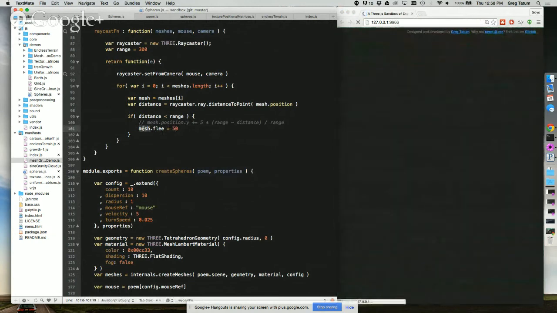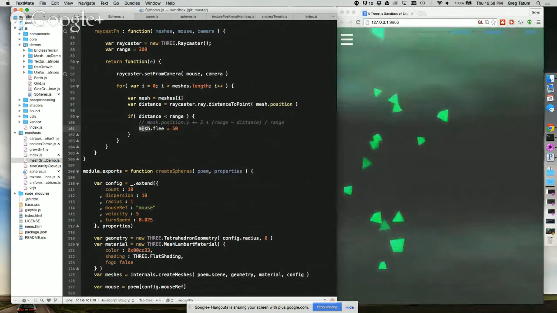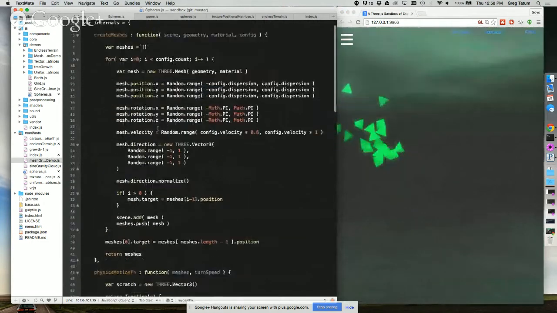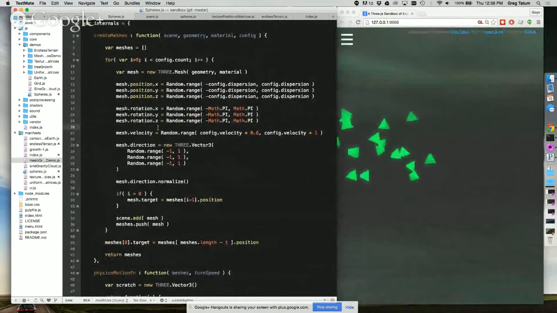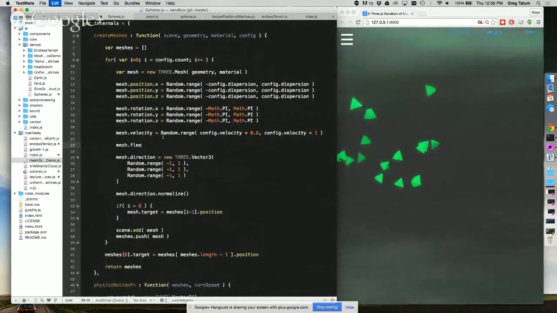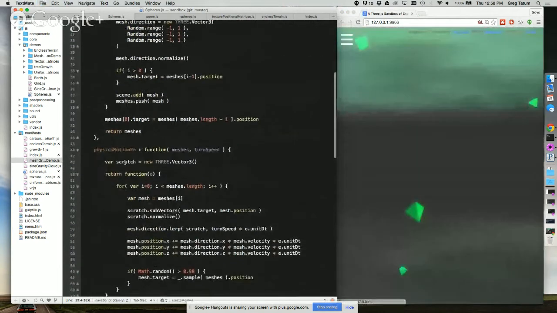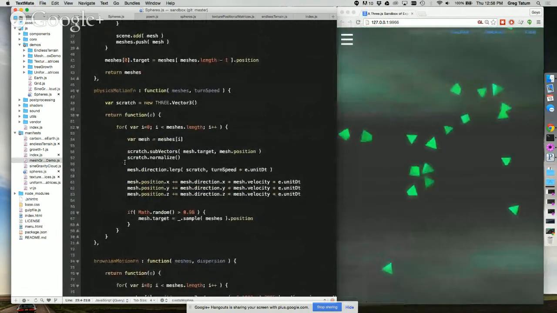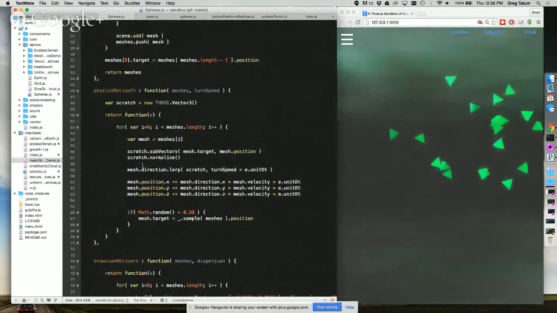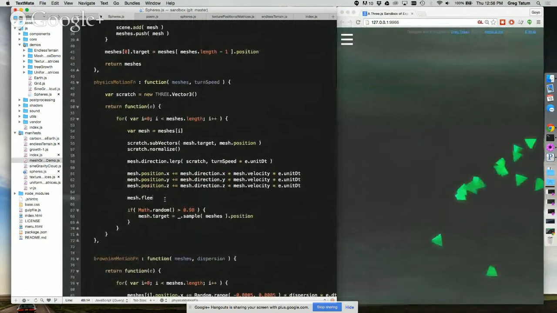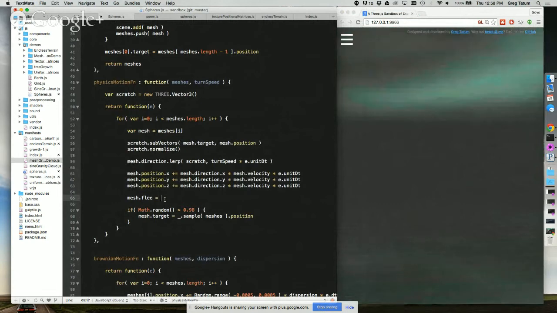So basically when you get close to one, I'm going to make it zoom out of the way. I'm going to set flee to 1 for all of these. So essentially it's either going to be 1 or it's going to be 30. And then I'm going to ease back into 1. So during my physics motion, I'm going to say mesh.flee equals